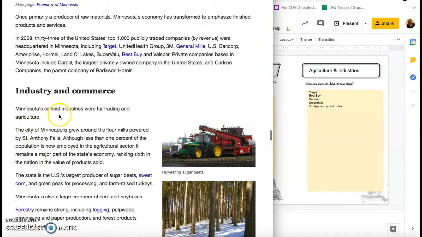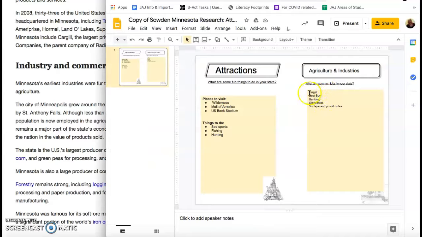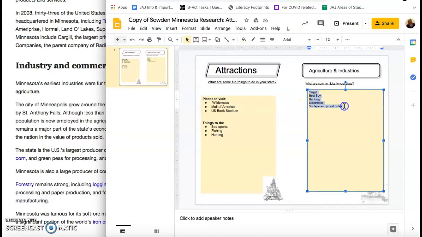So Minnesota's earliest industries were fur trading and agriculture. That's not what we do now. We don't do fur trading here now. So I'm going to skim it. Minnesota is the largest producer of sugar beets, sweet corn, green peas for processing, and farm-raised turkeys. So that is our agriculture. So I'm going to just put in turkeys. That's our agriculture. Peas,